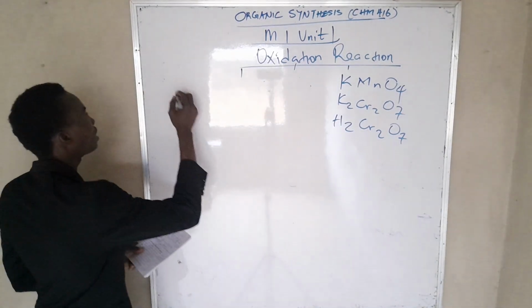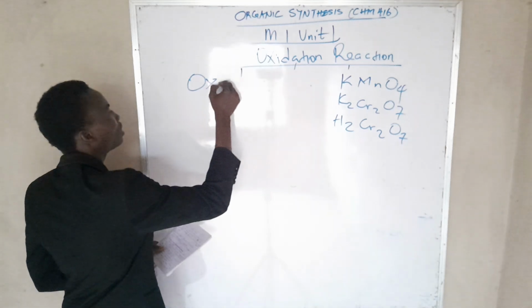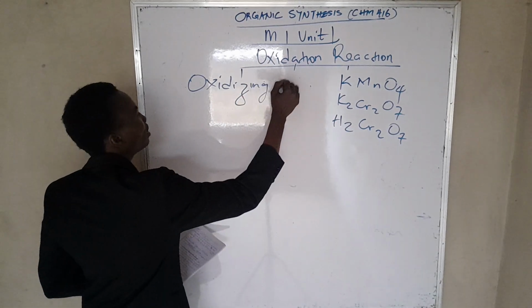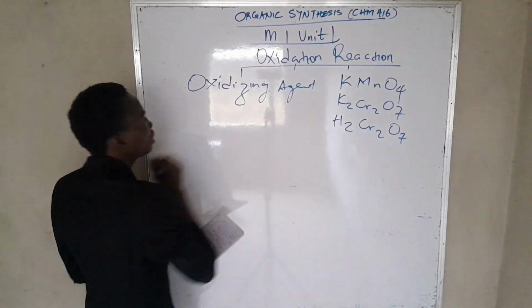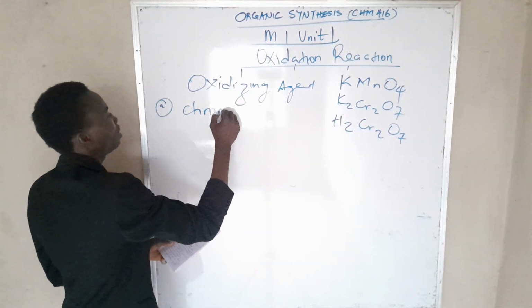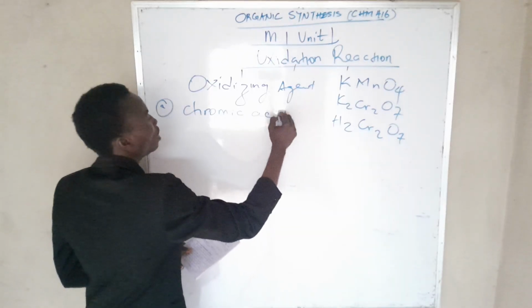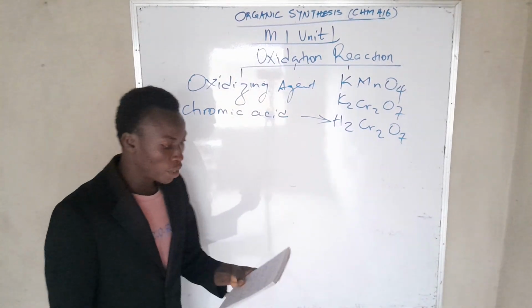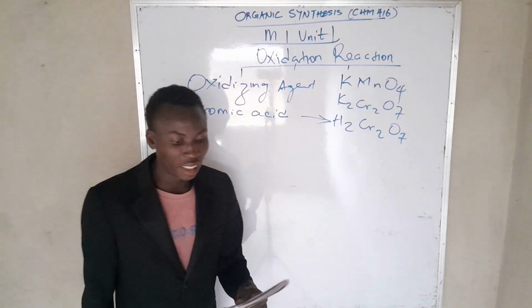For the first one that I have there, under the oxidizing agents, we shall be talking about chromic acid. The chromic acid is the compound that we have here. So for this chromic acid preparation, it is prepared by